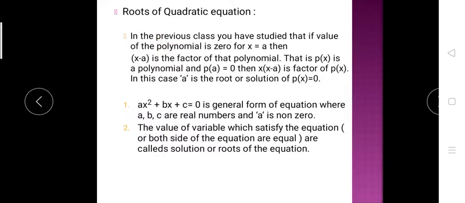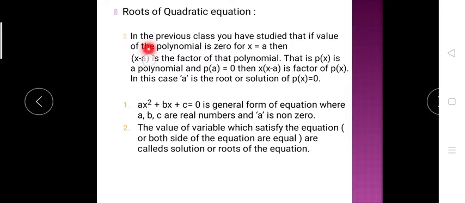So again I am taking some examples here. See, the root of the quadratic equation. What is the root of the quadratic equation? Root means, if at some value the quadratic equation satisfies the condition, satisfying the condition means that when you substitute that value in the equation, you get the left side equal to the right side, and that value is called the root of the quadratic equation. We learned many such examples in 9th standard also, about polynomials.